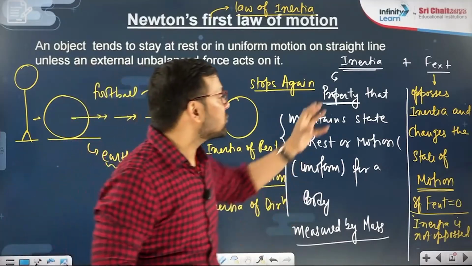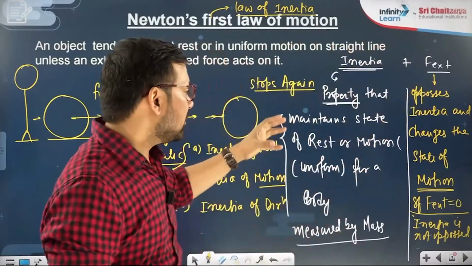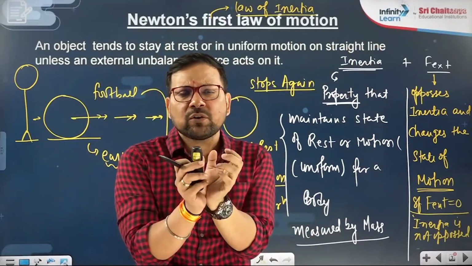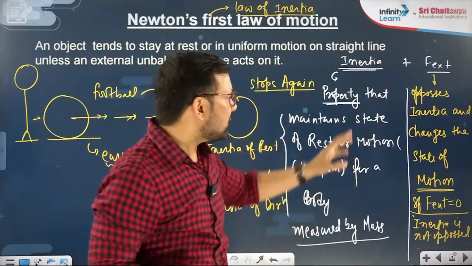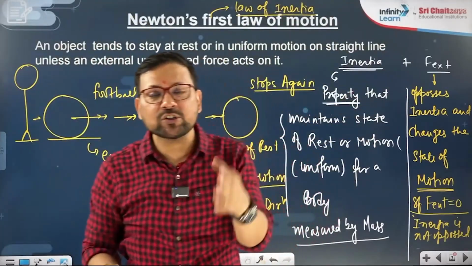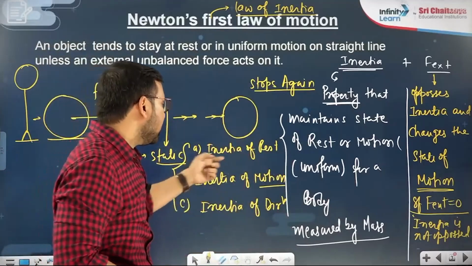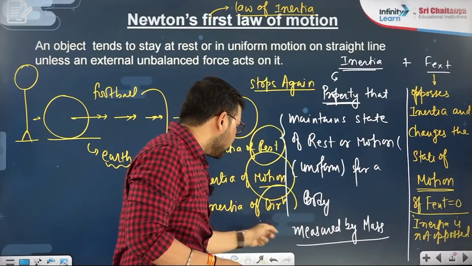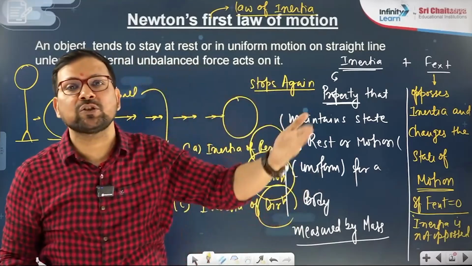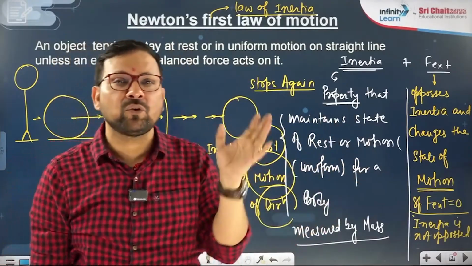you need an external force. That was the conclusion of Newton. Now what is an external force? As I told you, it is just a force which is acting on a body from outside. What does this external force want to do? It wants to change the inertia. Either it will change the rest, or the motion, or the direction. That is what the external force tends to do. Okay, more about external force slowly.